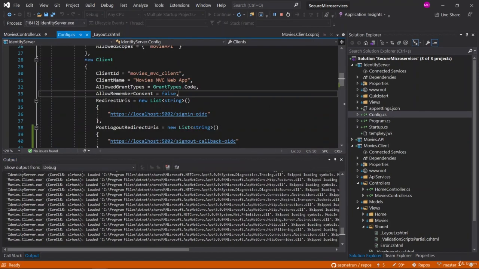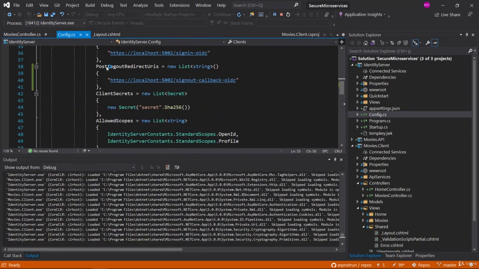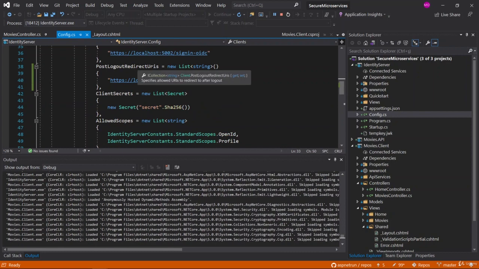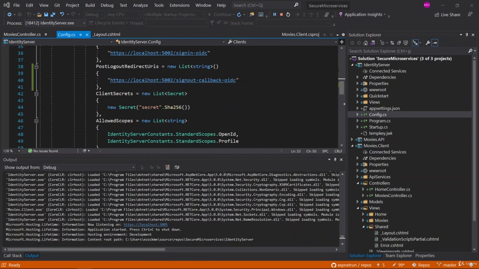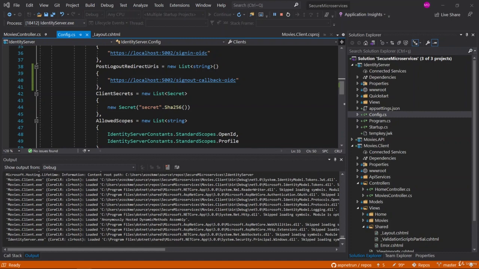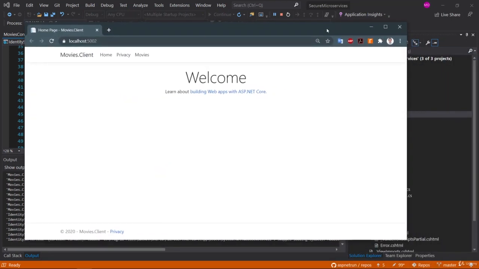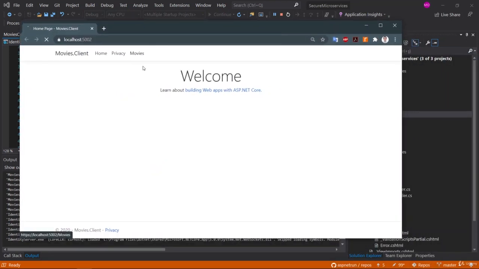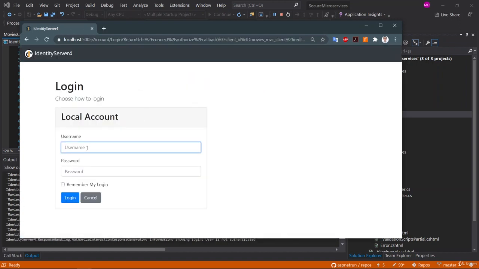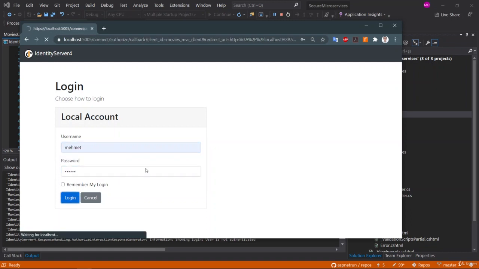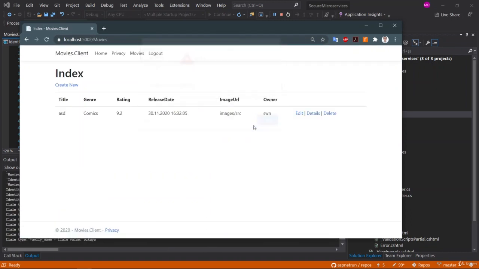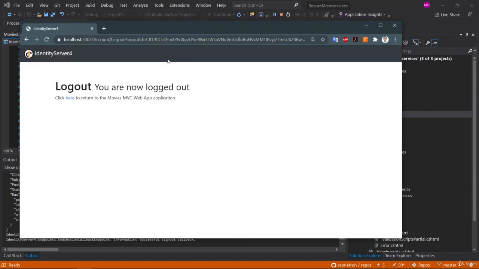We are going to add this code again, the post logout redirect URI, and see the return URL now. So this code provides the redirect on the logout page, right? Let me move to this page. Let me log in. Control C, Control V, and let me click the logout button.